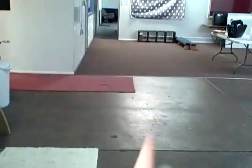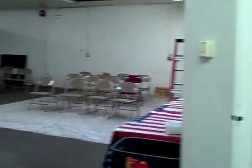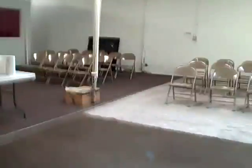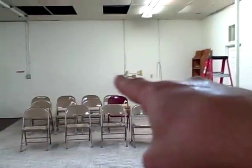5-foot hallway down there that goes straight out to the edge of the building. But then what you end up with is 3 spaces along the west side of the building here that would be roughly 20 by 25 that should rent for about $500 apiece. If you wanted to augment those spaces, you could cut in a window that faced the parking lot at the